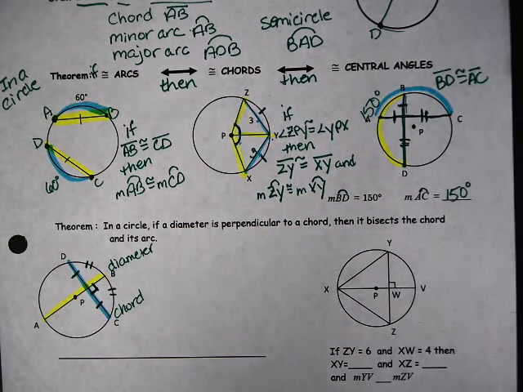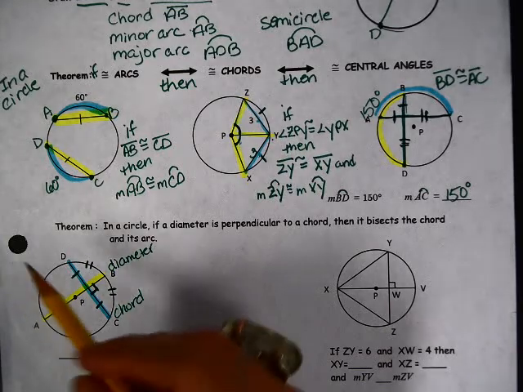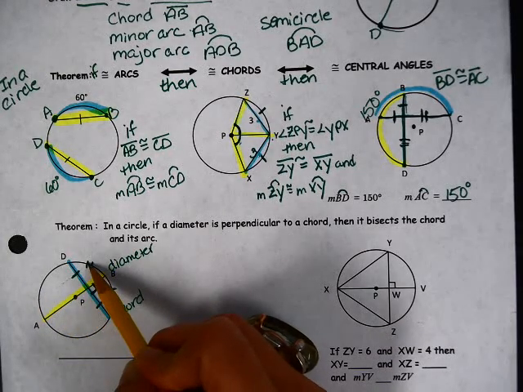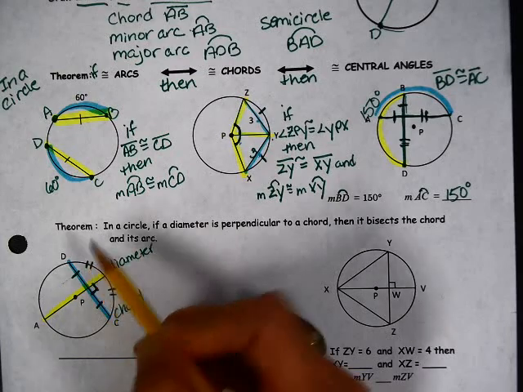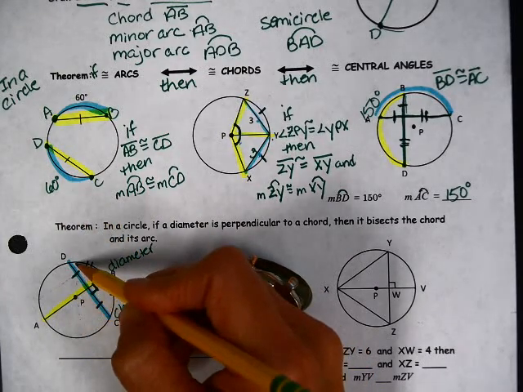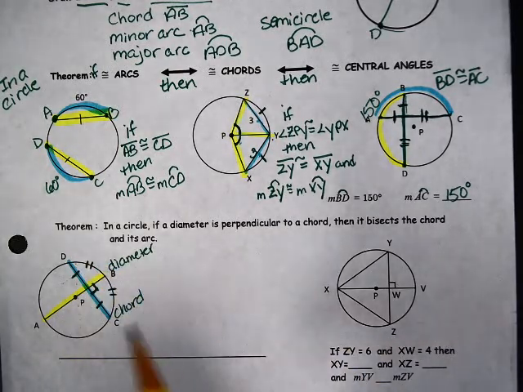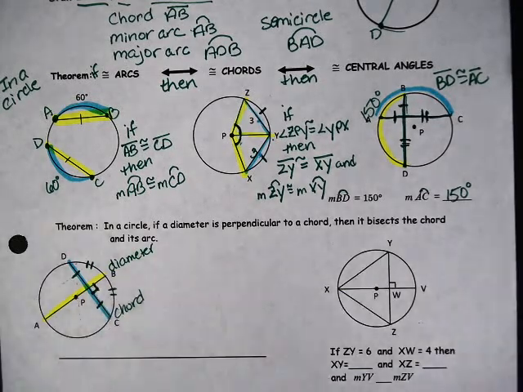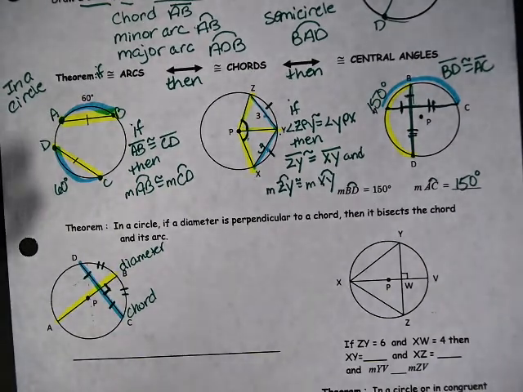All right, and it has to be because it's a diameter. If it was over here and didn't go through the center, it wouldn't cut that in half. Or if it was a diameter, but it wasn't perpendicular, it wouldn't cut it in half. So it's got to do both of those. It's got to be a diameter and it's got to be perpendicular. So our statement we're going to make based off of this theorem is